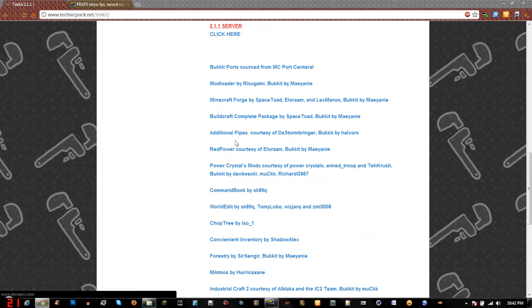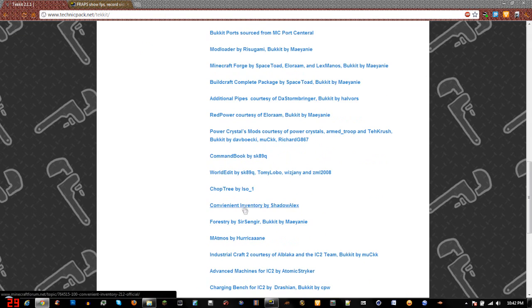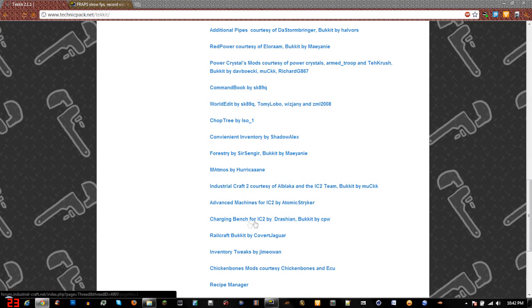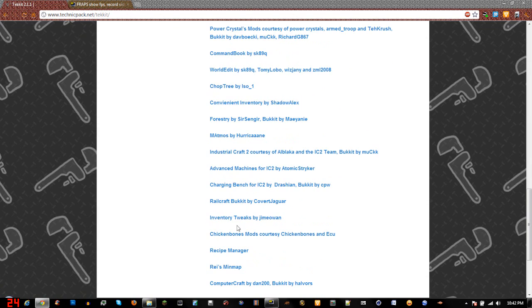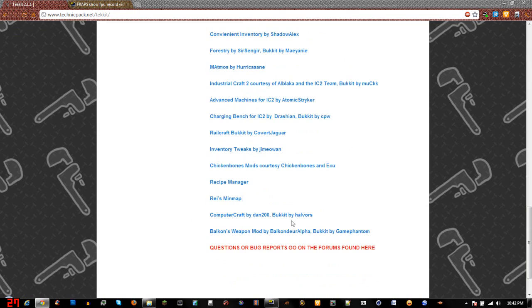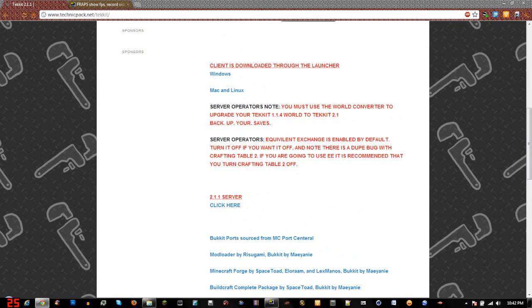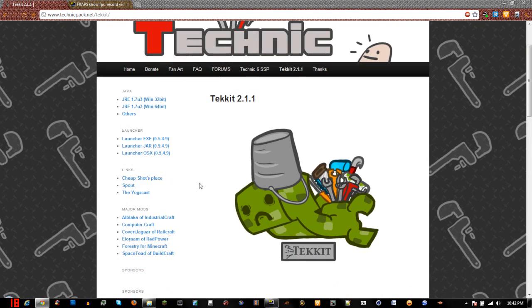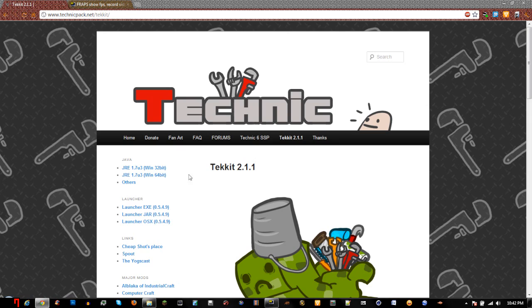You've got Red Power, Additional Pipes, World Edit, Convenient Inventory, Forestry, Matmos, IndustrialCraft 2, Inventory Tweaks, all this cool stuff, and basically all the major mods are in there, Equivalent Exchange is in there and stuff. And this thing is really amazing. So first I'm going to show you how to install it, and then I'm going to show you what's in it. Alright, so what we want to do is go right over here and click on, first of course you want to go to